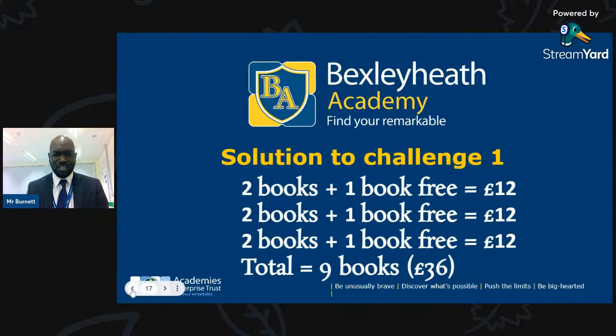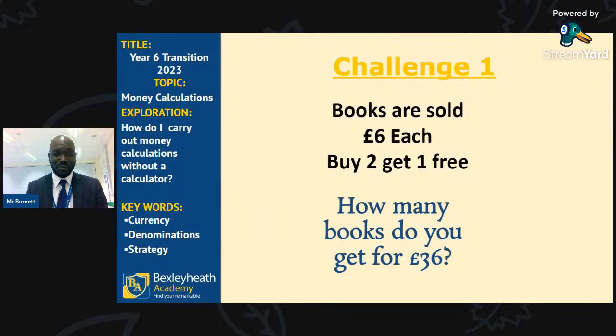And I can see somebody here saying it's going to be buy the books in sets of 3s. That's the major response I'm seeing in the chat. So you buy 2, but you will get 3. Pay for 2 and get 3. And so the next part might be, how much money would I spend to buy 2 and get 3?